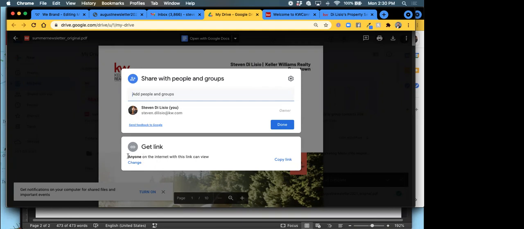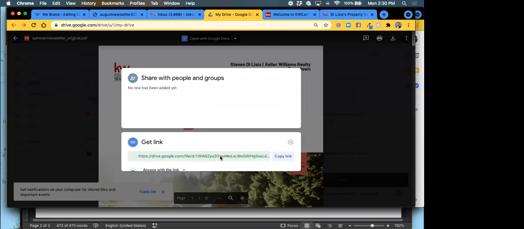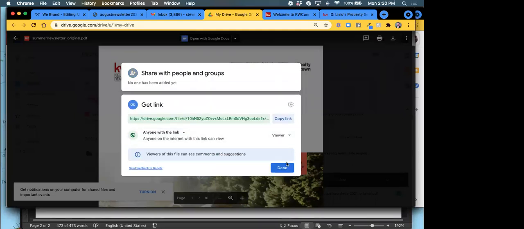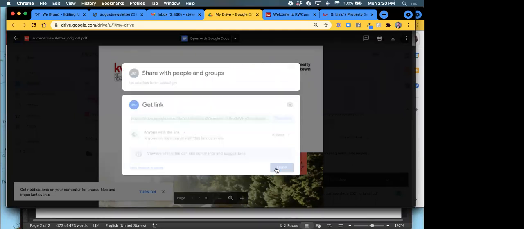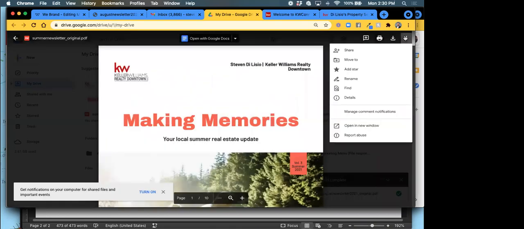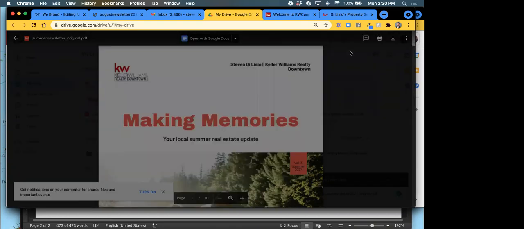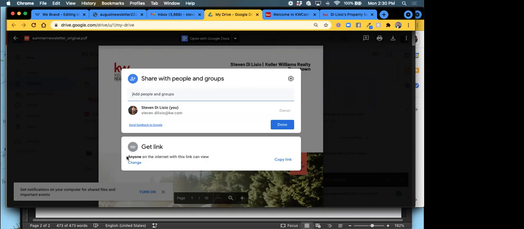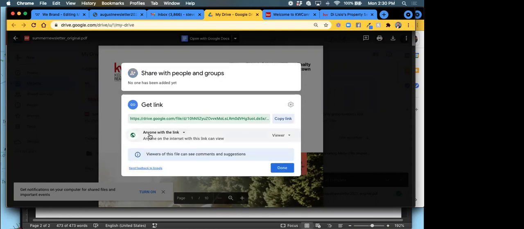If for any reason it does not say anyone on the internet can view, oh, I didn't mean to click on that. Let me come back to that menu. There we go. All right, so if for any reason it doesn't say what it says here, anyone on the internet with the link can view this, then you need to click on change